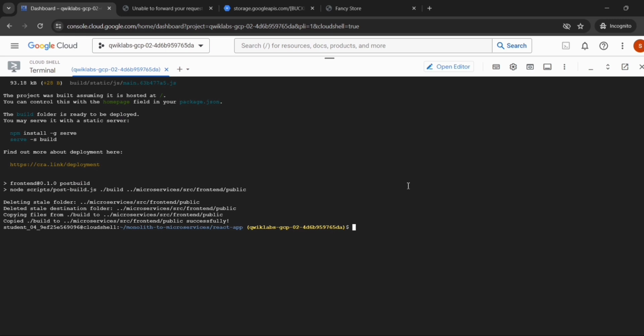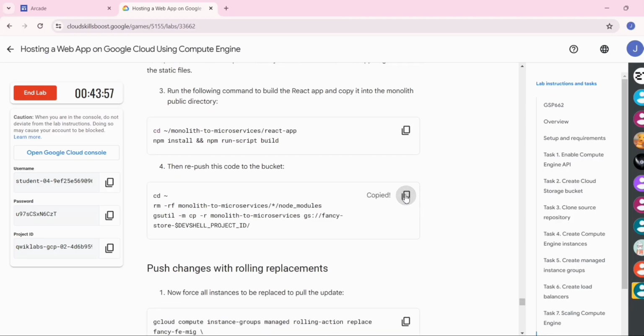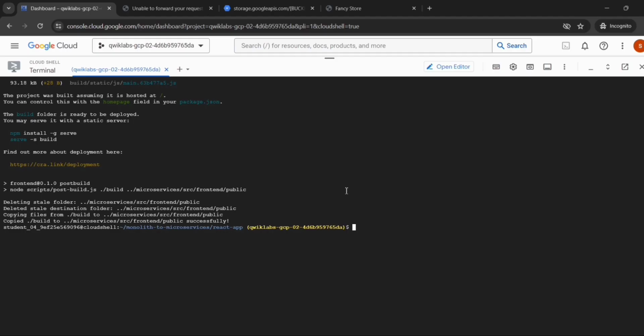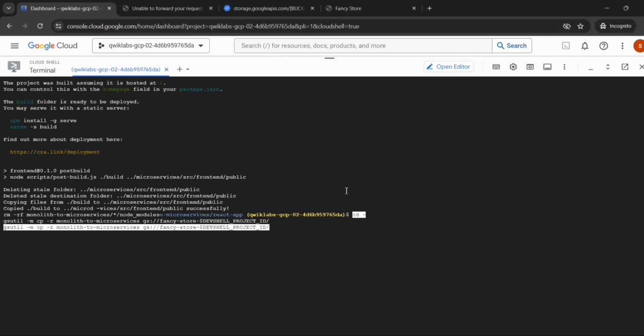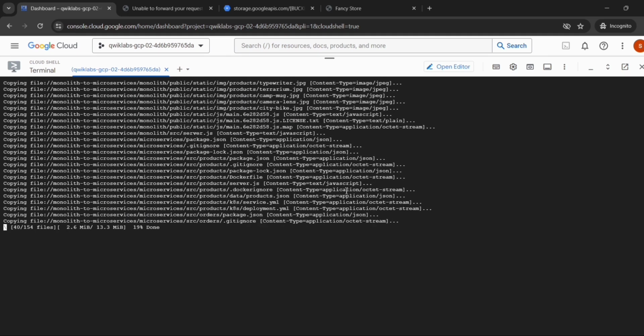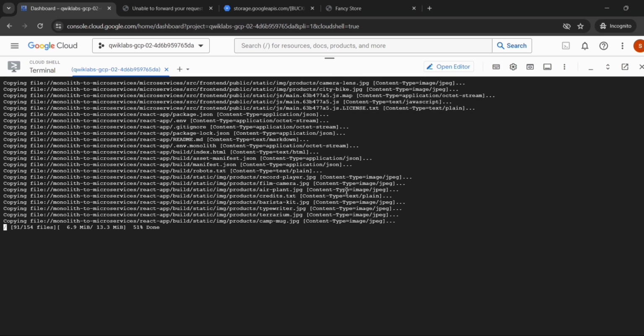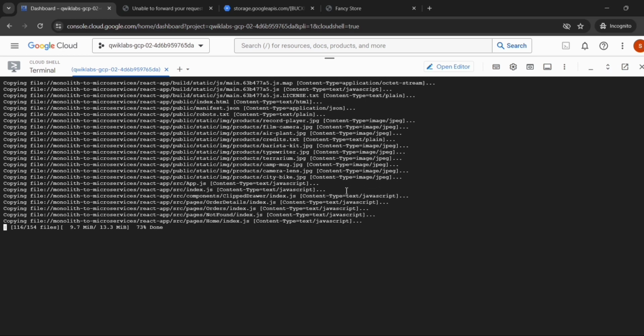Now this command has run. Now go back to the lab instructions. Copy the fourth command, go to the shell, paste it, then press enter. Now we are re-pushing the code to the bucket.